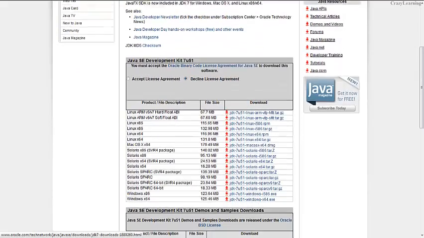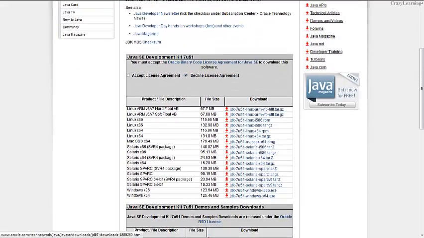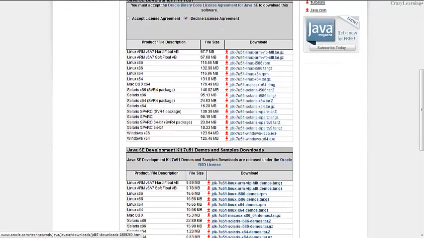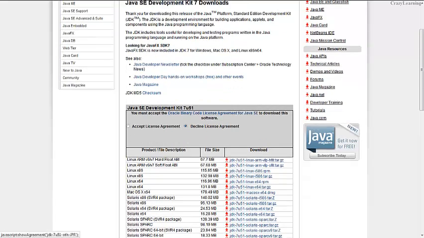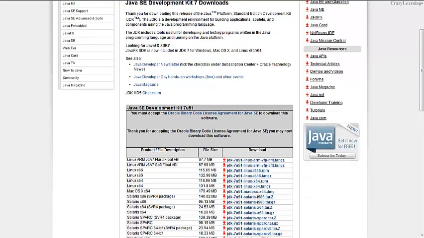Here we see various packages for Linux, Mac OS X 64-bit. We're gonna install for Windows, 32-bit or 64-bit. Here x86 means the 32-bit version and x64 means the 64-bit version. My system is 64-bit, so I'm gonna install the 64-bit version. Click on this. We have to accept the license agreement. You can read it; this license agreement is very comedic.